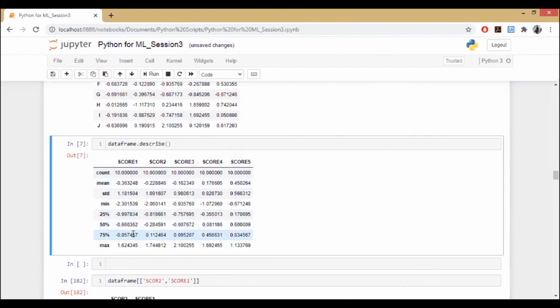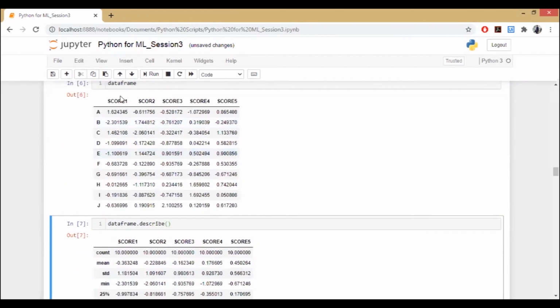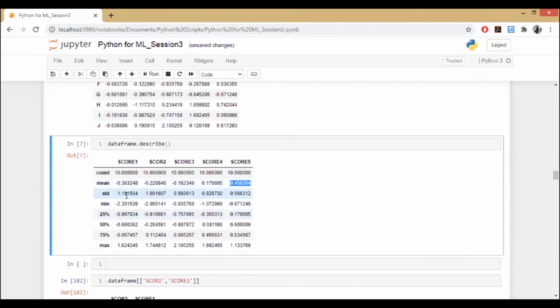So for score 1, what is my mean value? It is minus 0.36. For score 2, my mean value is minus 0.22. For score 3, my mean value is minus 0.162. For score 4, it is a positive mean. For score 5, it is 0.45. So it has given me the column-wise mean value. It has given me the standard deviation of each column. So it has given me the mean, it has given me the standard deviation, it has given me the